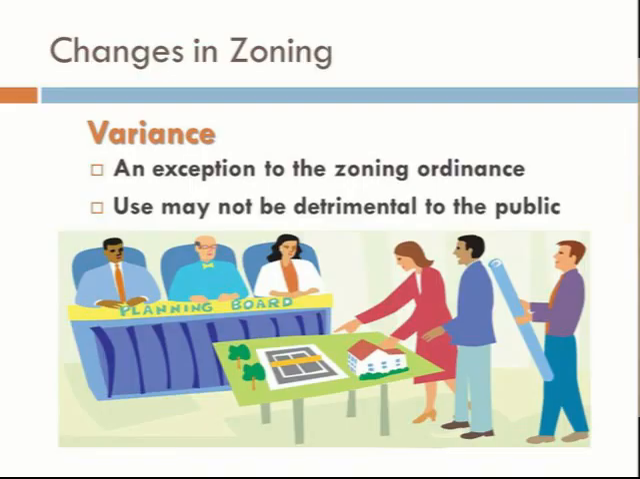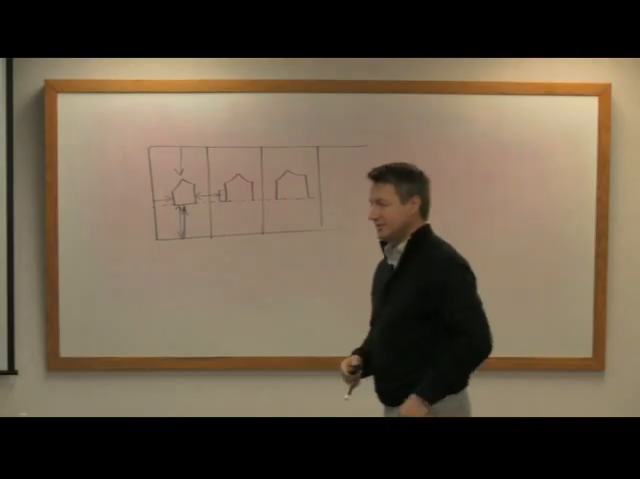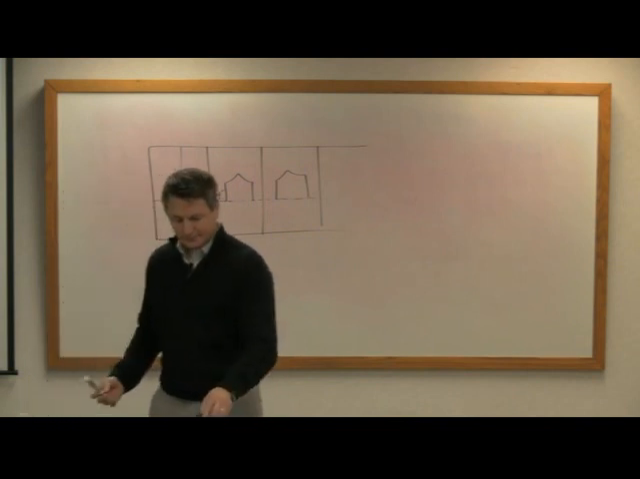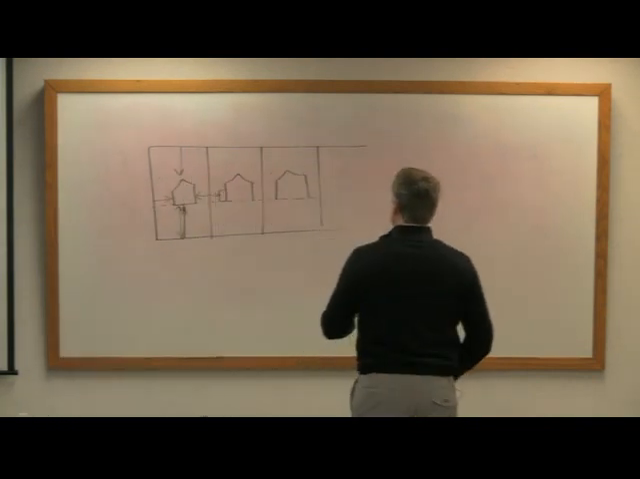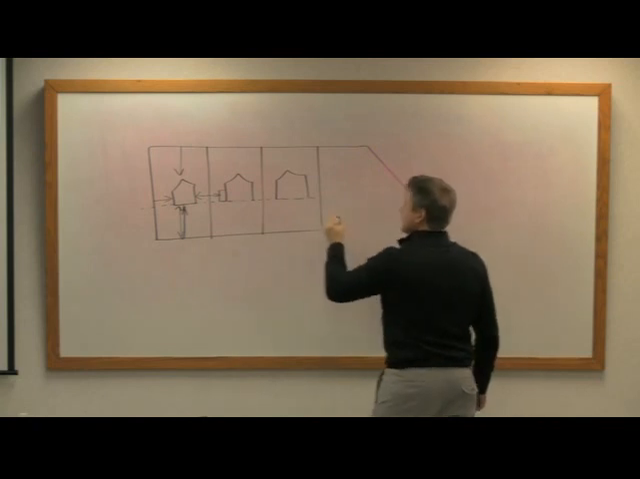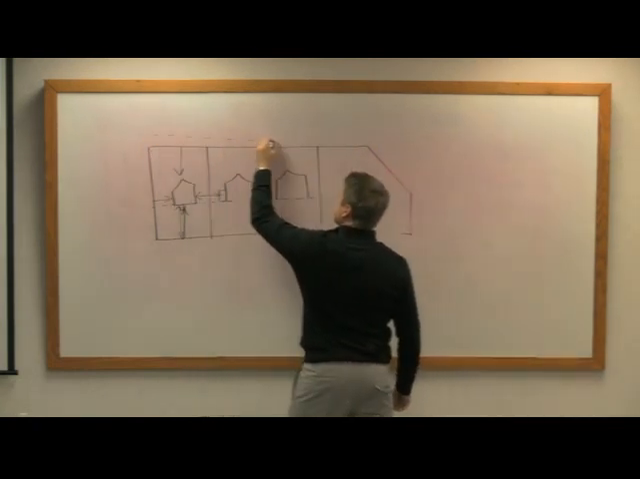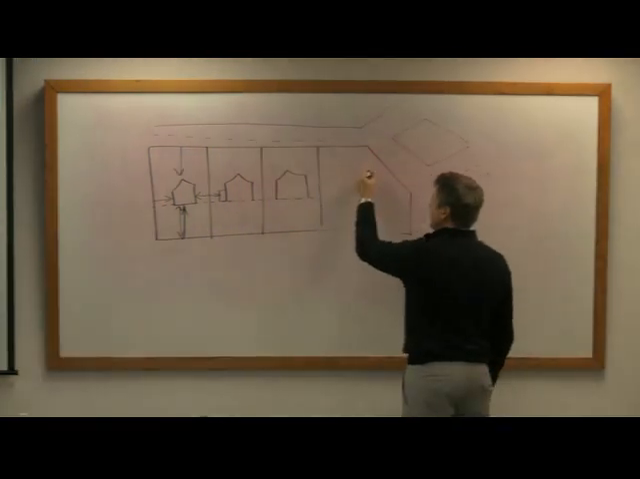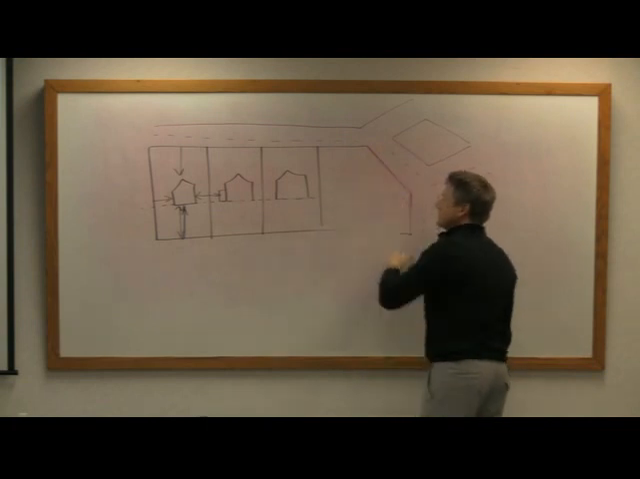A variance would be allowed, or if somebody filed for a variance, they would have an exception to the zoning ordinance. So, for example, in this situation, let's say this lot line went like this, because we have our street up here. So now with the current setbacks, this house is going to be roughly in this area, and because of this sharp